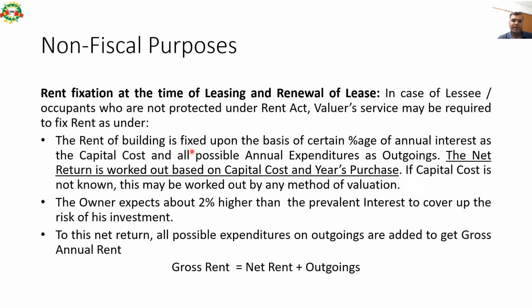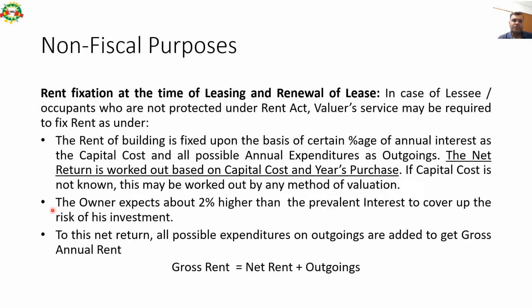The rent of a building is fixed on the basis of a certain percentage of annual interest on the capital cost, and all possible expenditures as outgoings. The net return is worked out based on capital cost and year purchase. If capital cost is not known, this may be worked out by any method of valuation. Three methods we have understood